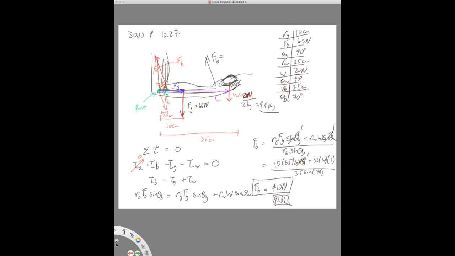All right. So that's how it works. You can see that even though the picture's totally different, the geometry is different, it's a totally different scenario, once we get those forces in and we write out net torque equals 0, the procedure is virtually identical. We're doing essentially the same thing over and over. So I want to do one more problem like this and then just set you free to do your own homework. So the next problem is